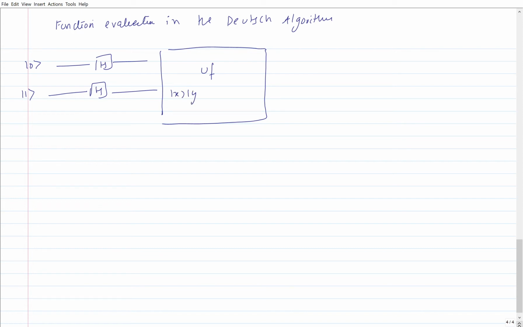I have my circuit. This guy. I have a Hadamard gate, and then finally I measure this qubit, and I have the H guy